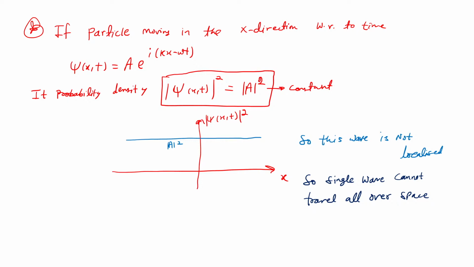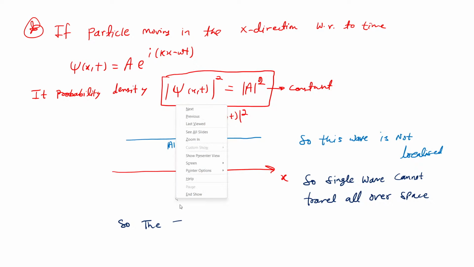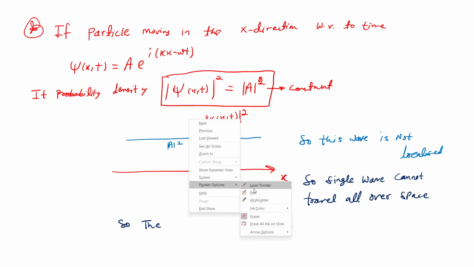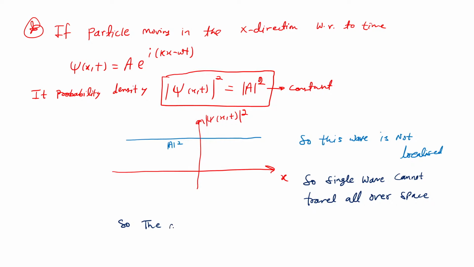If it is not possible, then how does this wave propagate? So the new concept of wave packet,